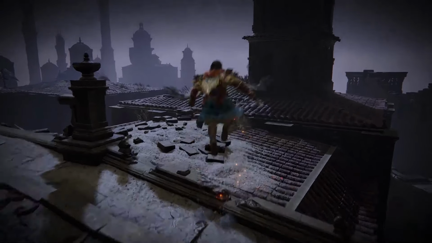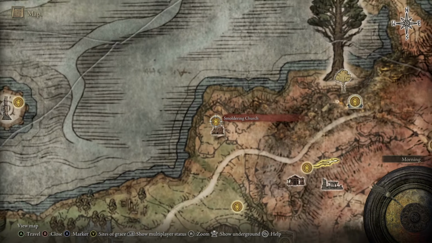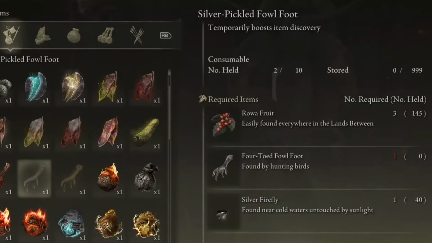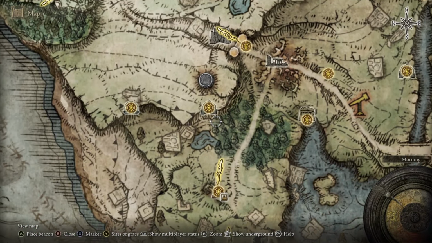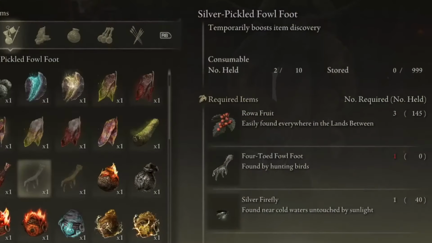The third method then is the Silver Pickled Foul Foot. These are consumable items that temporarily increase item discovery. They are craftable pretty much infinitely using the Missionary Cookbook number 3, which is inside of the Smoldering Church in Caelid. The ingredients are Roa Fruit, which are common in Limgrave, Silver Fireflies, which are infinitely farmable from the Groveside Cave in Limgrave early on, respawning every time that you rest at the Grace, and the final material is 4-toed